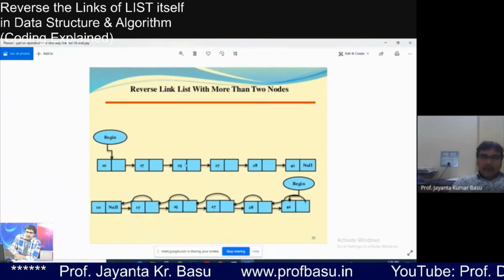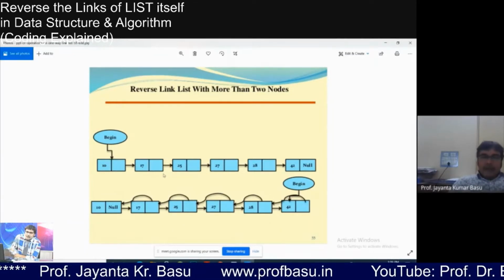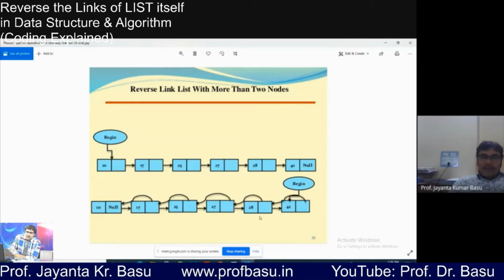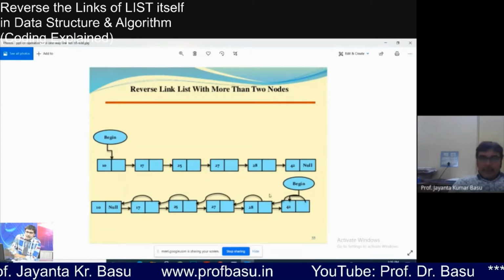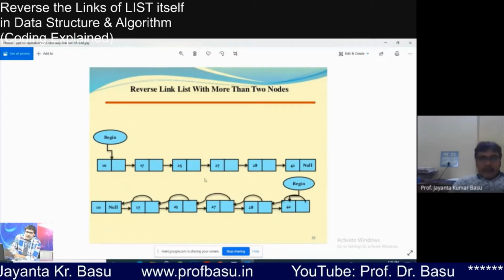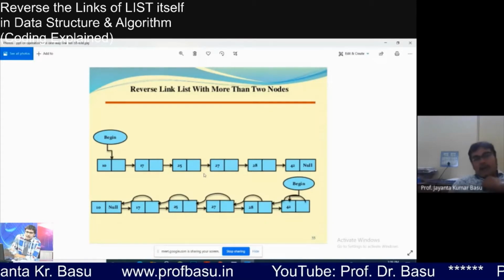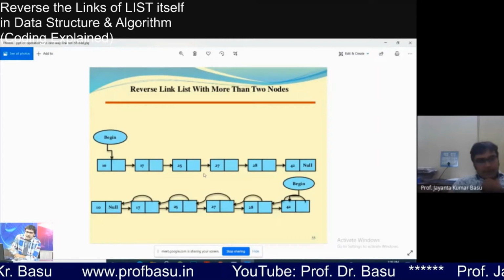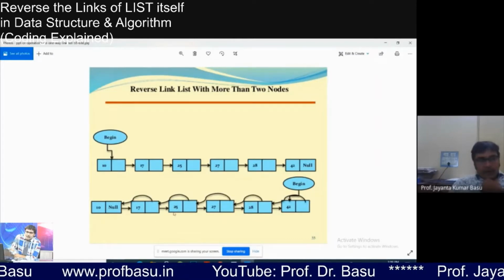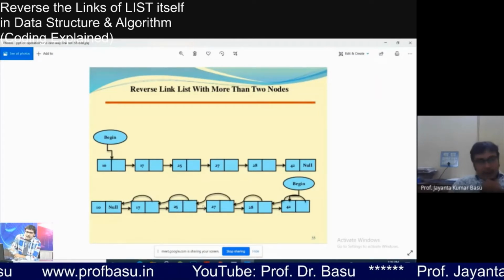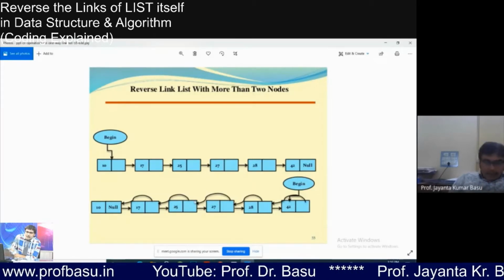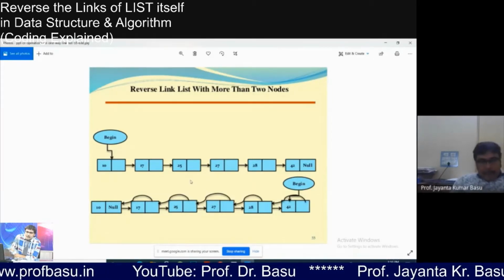If we keep on adding at the beginning, the last node will come as the first node of the new list. It is very easy because you have already done how to add a node at the beginning of a list. Here every time you will be creating a node and adding that node at the beginning of the list. So it's very easy,